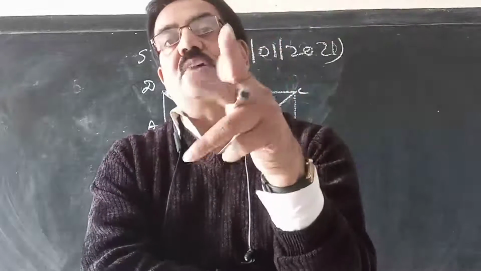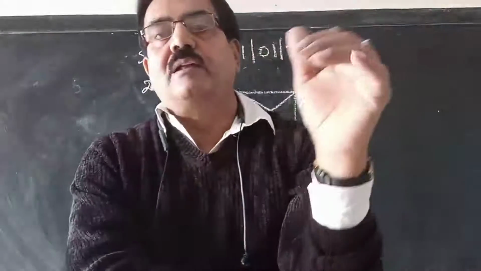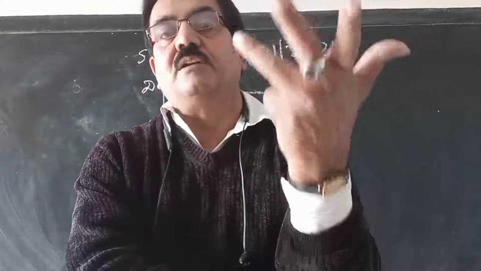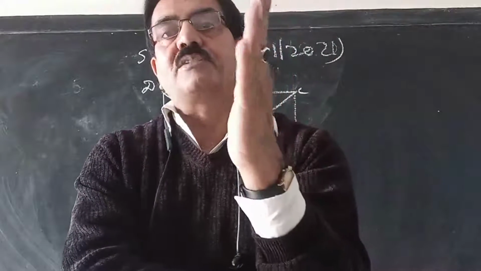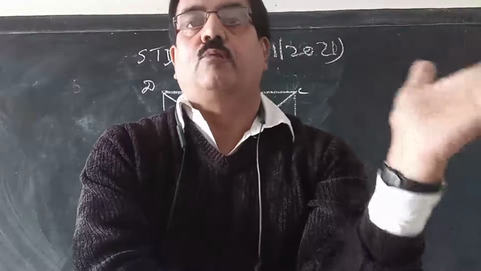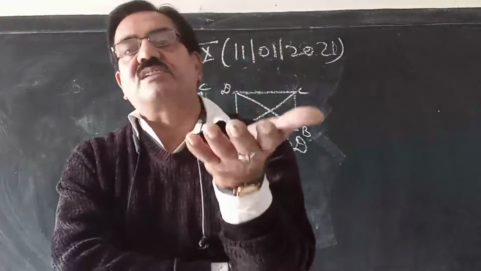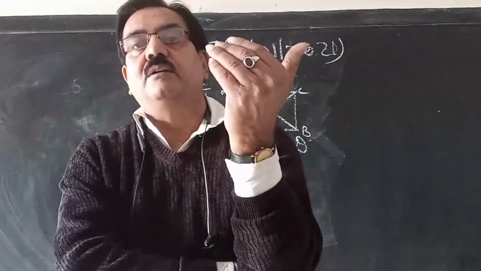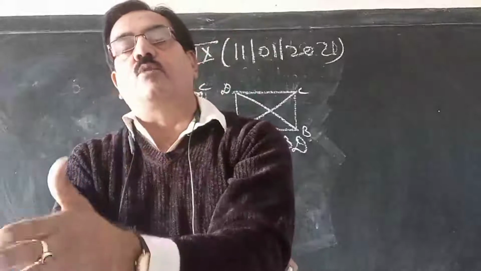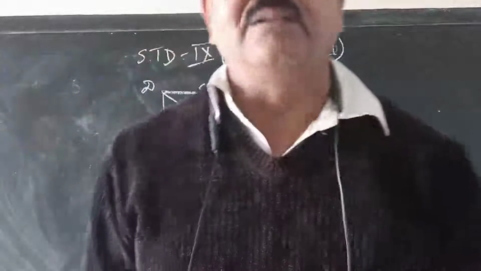And this is the difference between the square and rhombus, because in a square and rhombus all sides are equal, diagonals intersect at 90 degrees, diagonals bisect the vertex angle. Then what is the difference? The difference is the diagonal. Diagonals of a square are equal, whereas diagonals of a rhombus are not equal. Similarly, for a parallelogram and rectangle, opposite sides are equal and parallel. Then what is the difference? The difference is the diagonal. Diagonals of a rectangle are equal, whereas diagonals of a parallelogram are not equal. So this is the main difference.